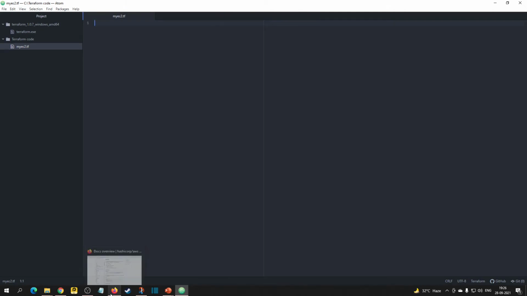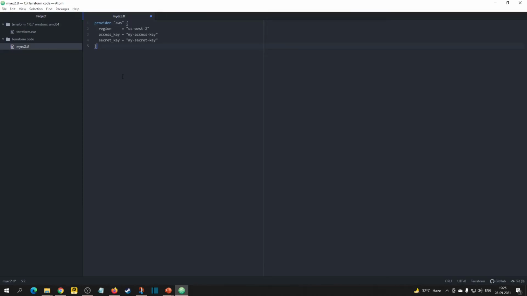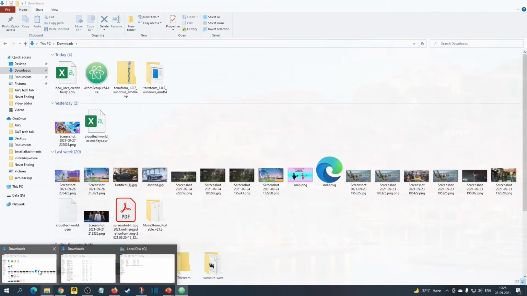So first we need to include provider information. The region we are going to launch in is US East 1, and here we need to give the access key and secret key.